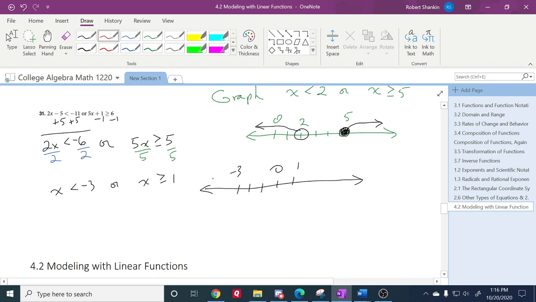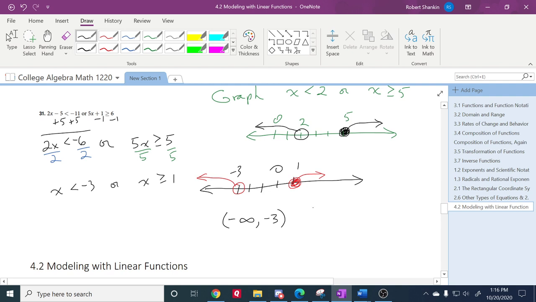And x is less than negative 3, or greater than or equal to 1, would be this, and then if I wrote it in interval notation, this is way on the left is not infinity, it's negative infinity. We always have to go left to right. Even though the arrow points to the left, you can't say negative 3, comma, negative infinity. You have to go from left to right, negative infinity to negative 3,